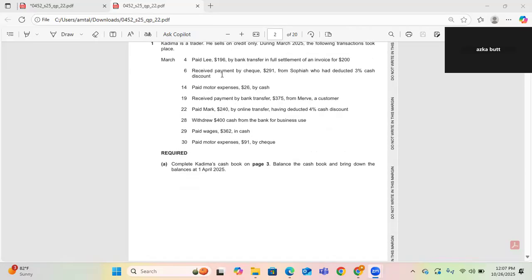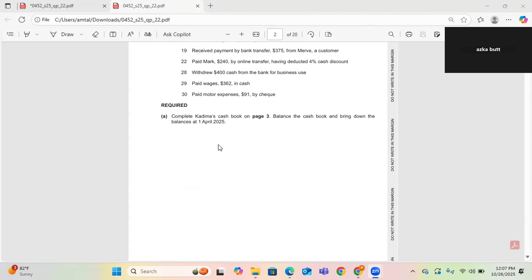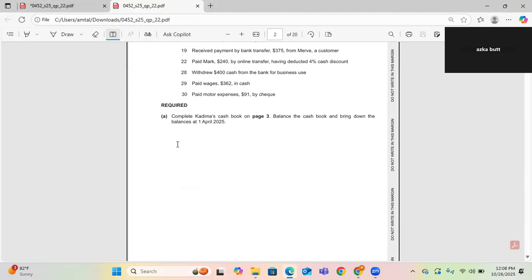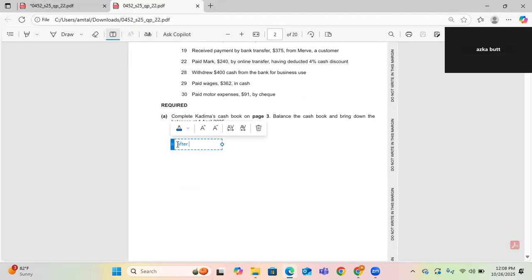Okay, so students, as you can see that we received the payment by check, which is $291 from Sophia, who had deducted 3% cash discount. Now we don't know what is the discount amount which we allowed. So how can we find it out? For example, let the original amount before the discount be equal to X. So it means that after giving 3% of discount,